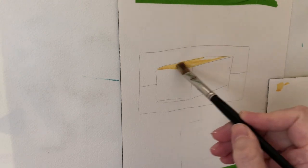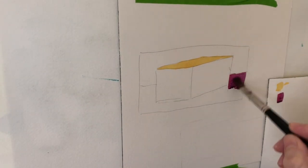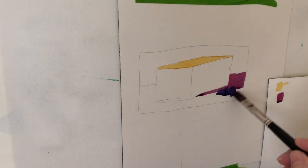The demo is the top box. I used one color, Naples yellow, to put on the top of that box. And yet each time I put a color in, I'm going to make a color dab. Oh, I didn't frame that very well. All right, now this is